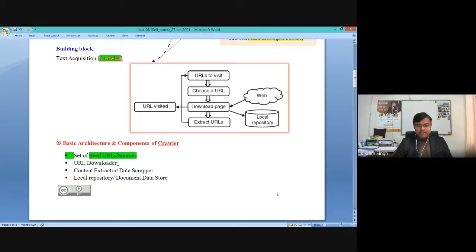Second, you need a very small thread program which is called the URL downloader. For that you need a simple parser, right? If you have the web content of a web page, you should parse these contents, and if a URL is found, you can separate this URL link and keep it in some listing of frontiers,